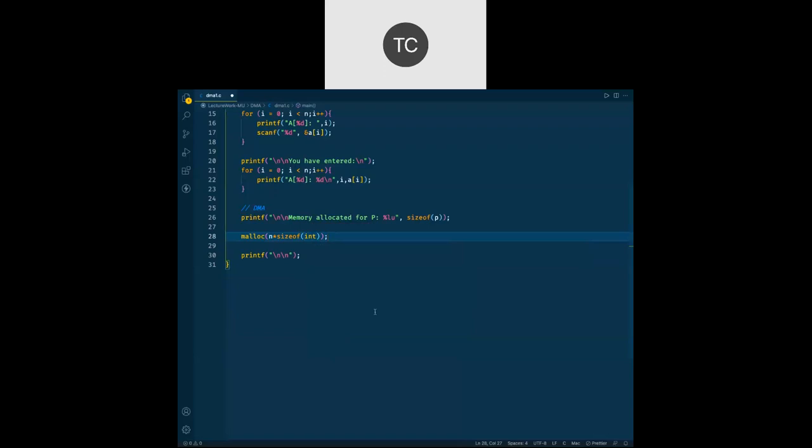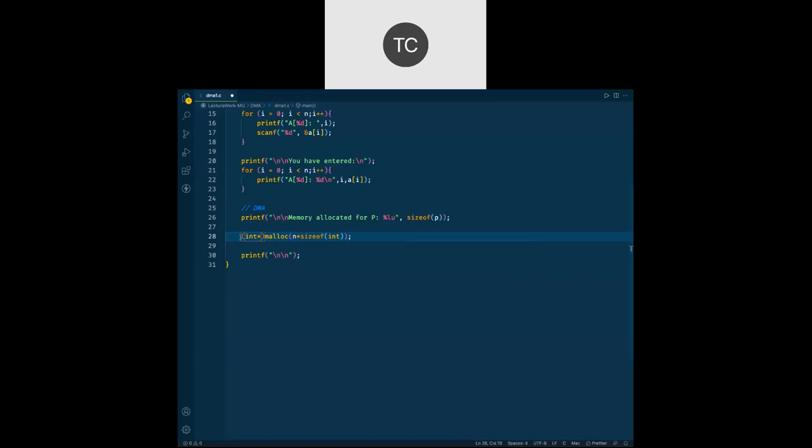So this is going to calculate just enough memory which is required to store n elements. If the user has said 5, then 5 multiply by 4, 20 will be calculated. The malloc function will allocate 20 bytes. Now that's going to be a void pointer. So let us typecast that thing to integer pointer.